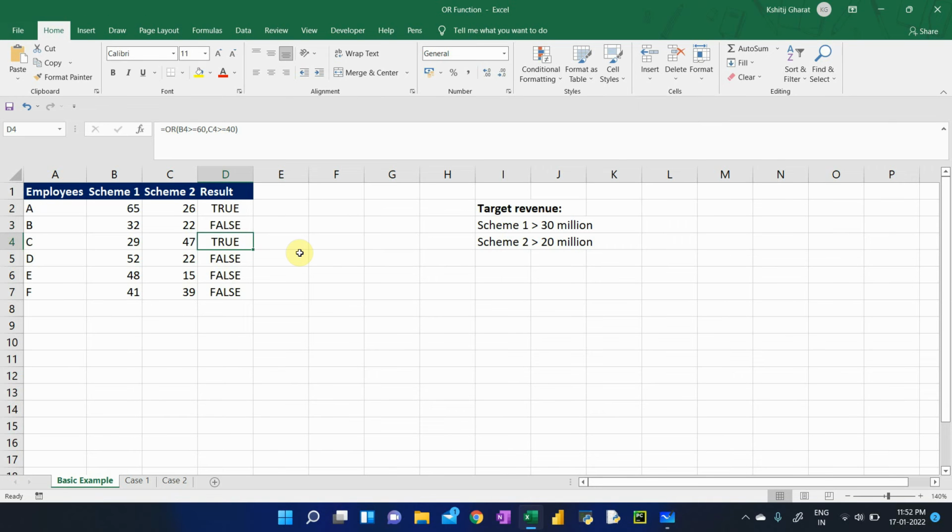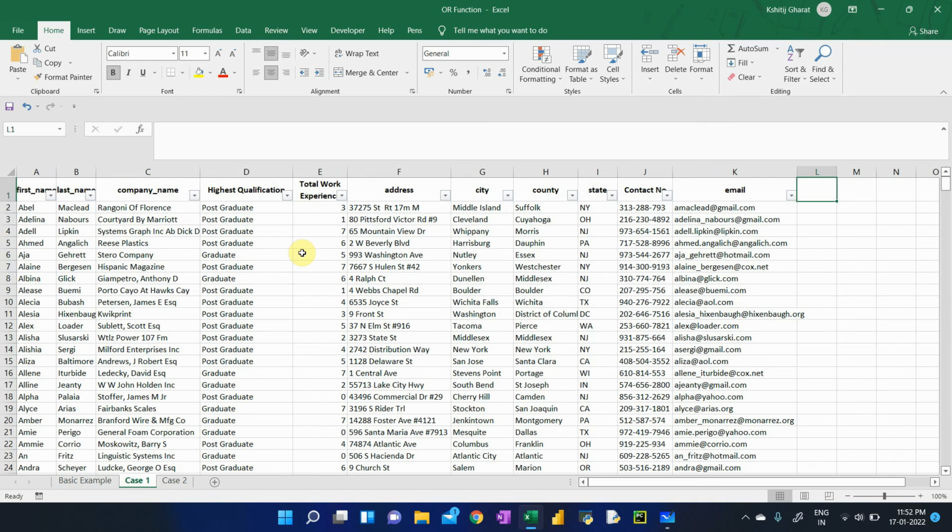Now let's take a more realistic example and we would try to use OR function more creatively. Now let's say you are working in a company as human resource manager and your boss gives you a sheet which contains information of 500 applicants.